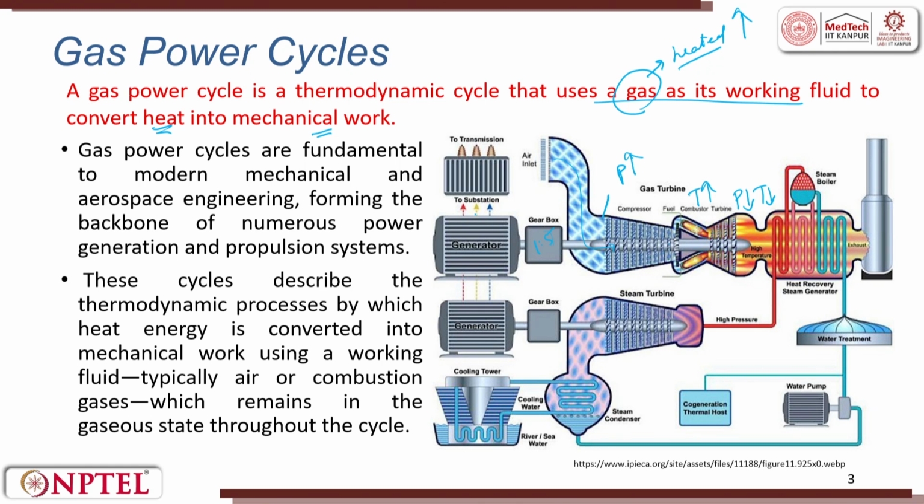From a gearbox you take it to a generator. The electricity generated is sent to a substation, and from the substation it is transmitted. So now we have left the story here. What happens to the gas which is there? This gas is at a very high temperature, so it heats the water which is flowing through this pipe.